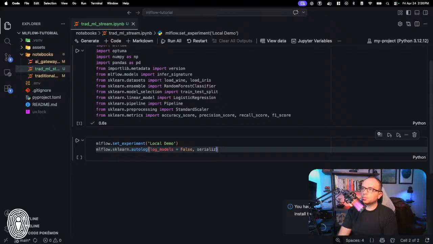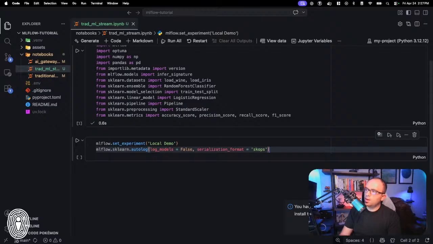And then the other one, and I'm just now remembering, I forgot to look up what this is. This was actually an AI coding tool recommendation. Serialization format equals skops. I don't know what skops is, to be quite frank. I am very used to saving my scikit-learn models as .pickle files, but I was getting some sort of warning that was saying that that's not best practice anymore. I should have taken the time to look at what that is. But basically, whenever we train our model and then that gets serialized into a file, typically we would use a pickle file. It's going to get logged as this skops file. Functionally speaking, though, it's the same thing.